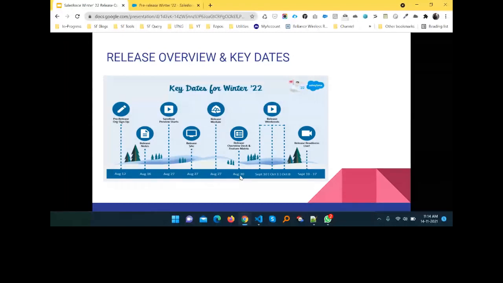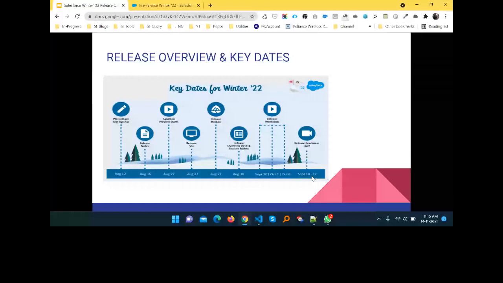Okay, so till then you can see this release weekends, and every weekend it releases here, like September 10, October and October 8. So within 7 days you can see some releases going on. Okay, and after September 10 to 17 you can see release readiness live. So our org will be ready after about September 17, but still most of the features are not available, and blocks. So that is about release overview and keynotes.